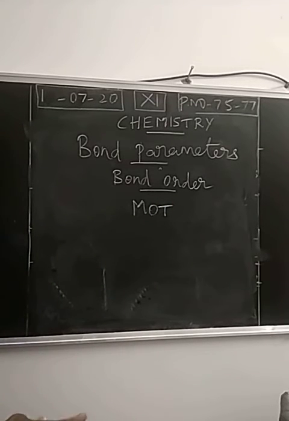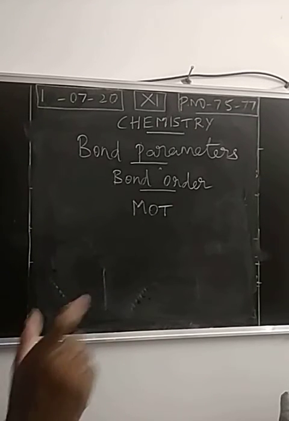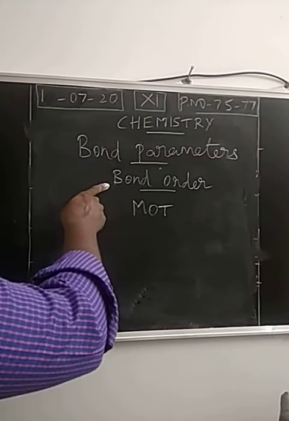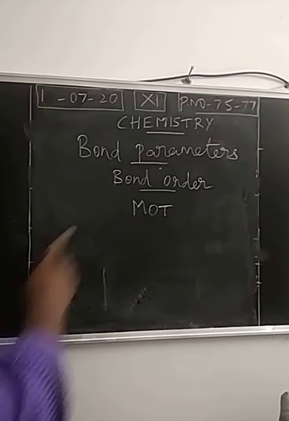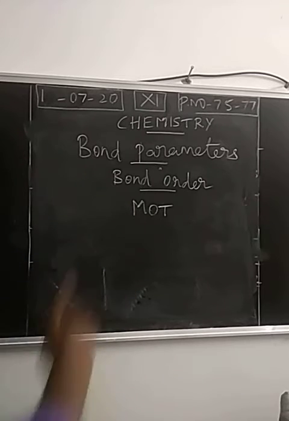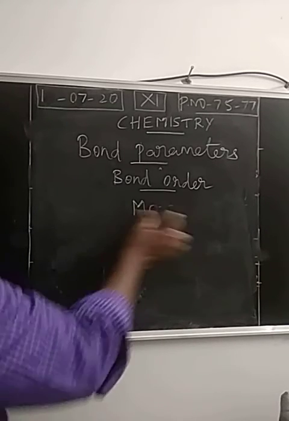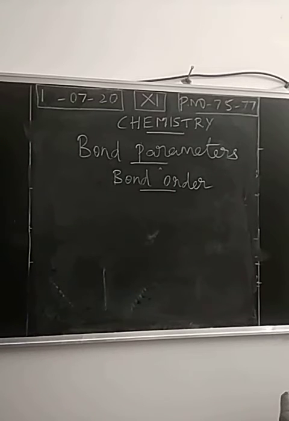So don't confuse, right? If the question is what bond order means, you write both the definitions. We have a definition of bond order in covalent bond as well as the bond order definition in molecular orbital theory. You just write both the things. So don't confuse bond order in two concepts, covalent bond as well as molecular orbital theory.